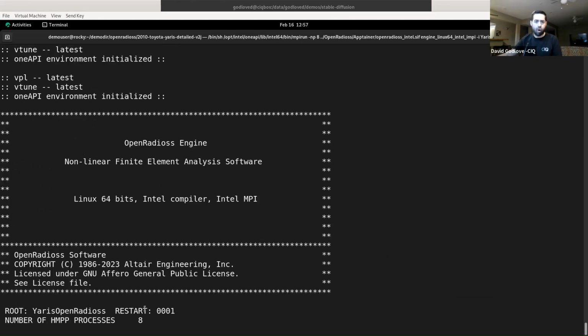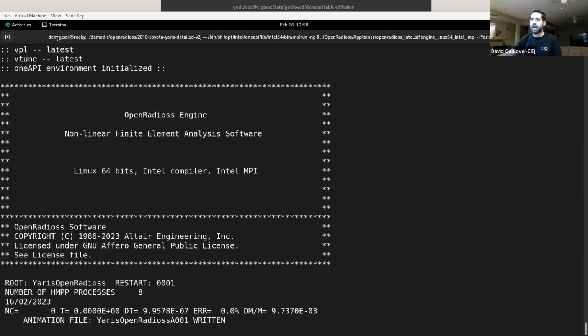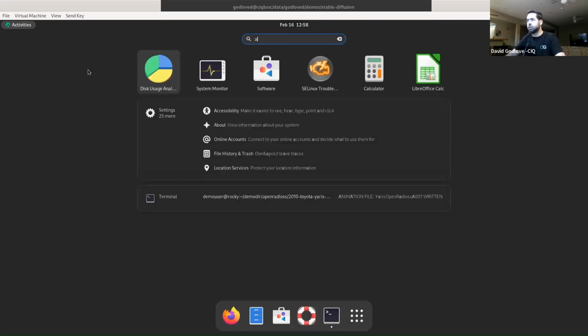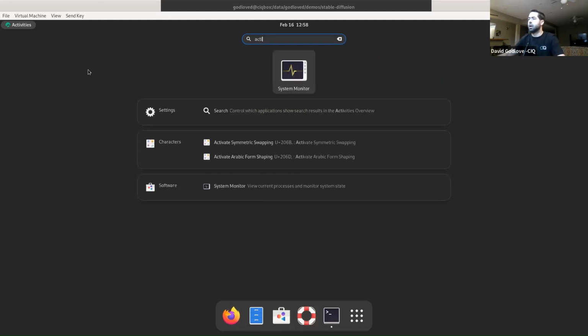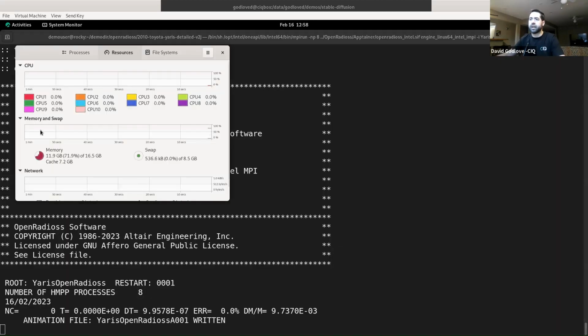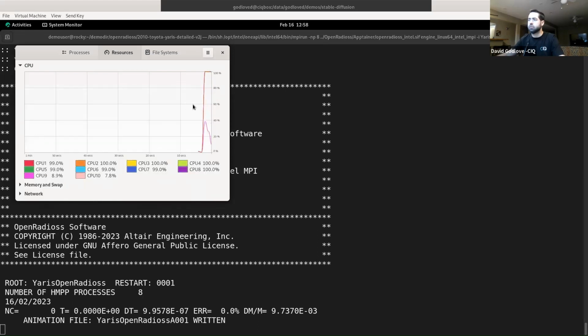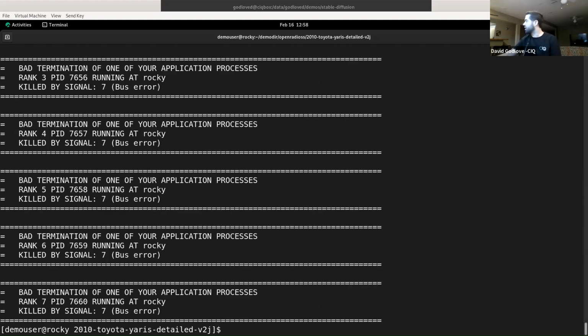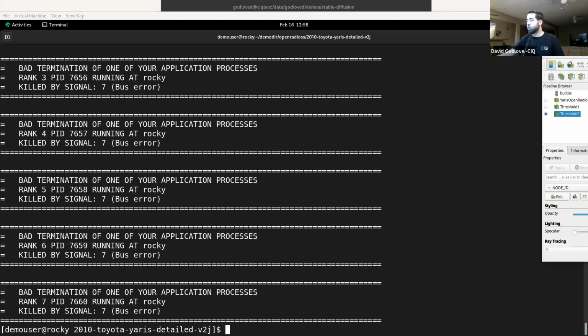So, MPI run on the container command, and it's going to start running. If I go here into my activity monitor, it's just a really simple little way that I can show you. I've got 8 CPUs running. So I have 10 CPUs available to me in this virtual machine. 8 of them are running this demo. And this model, unfortunately, on my little low powered machine that I'm using here, would take many, many hours to finish. So I'm not going to show you all the way through it being finished, but I'll show you